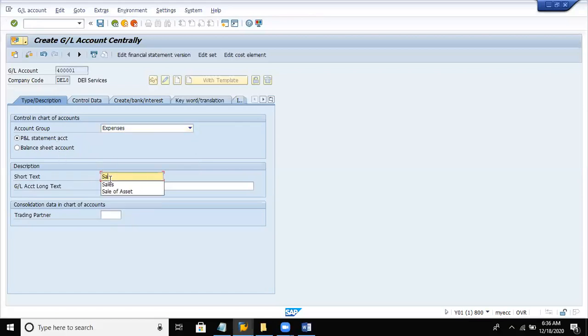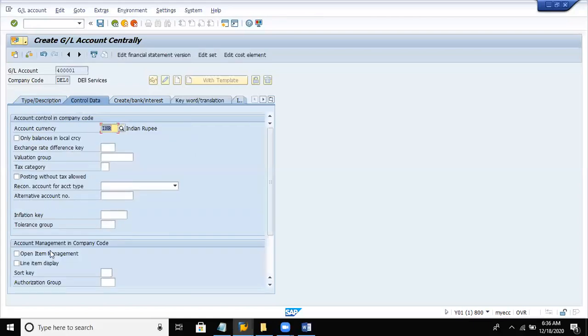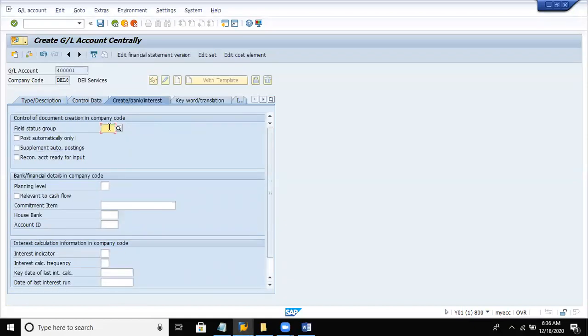So let us say account name as salary paid account. Click on control data tab, check the box line item display, sort key 001. Click on create bank interest tab, field status group G001. Enter, save, right?